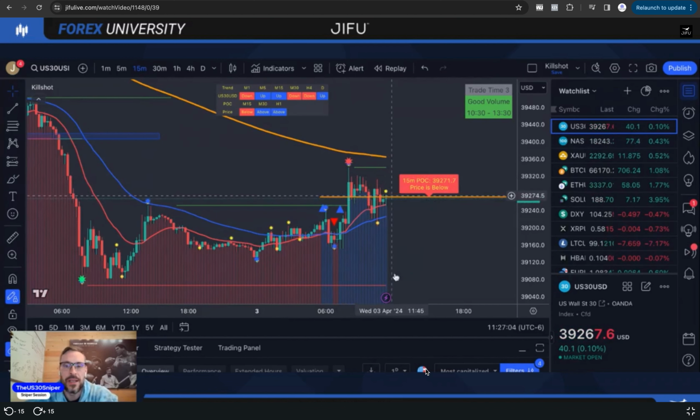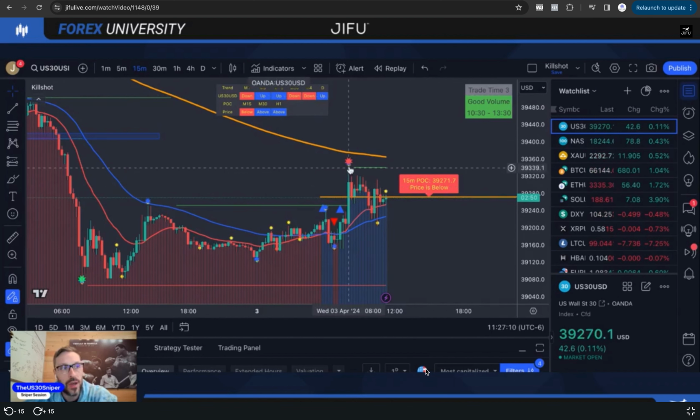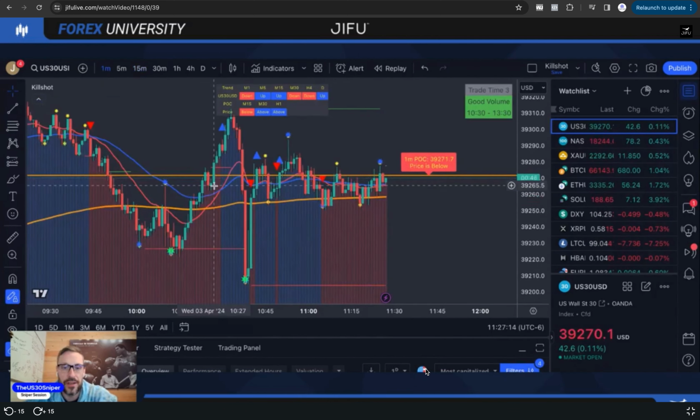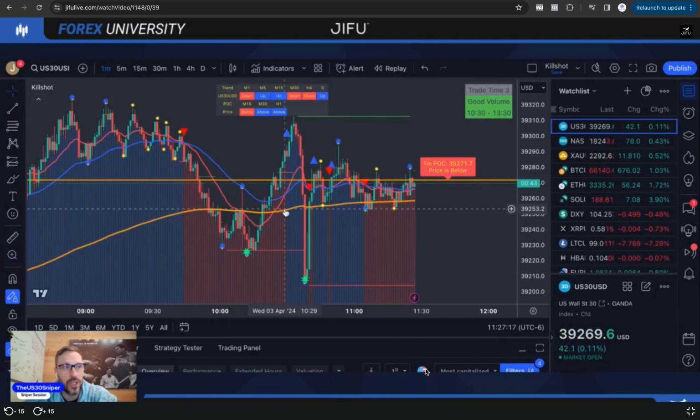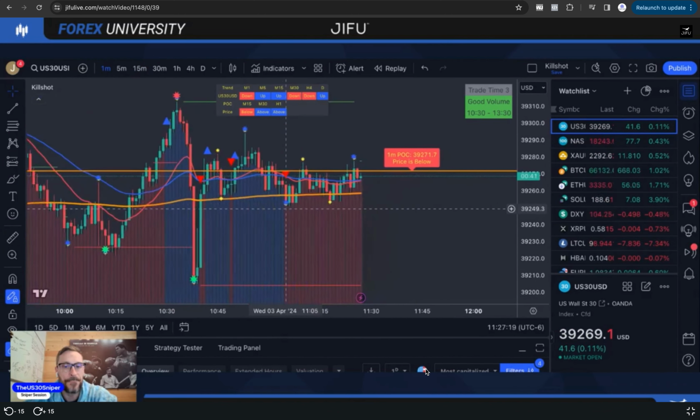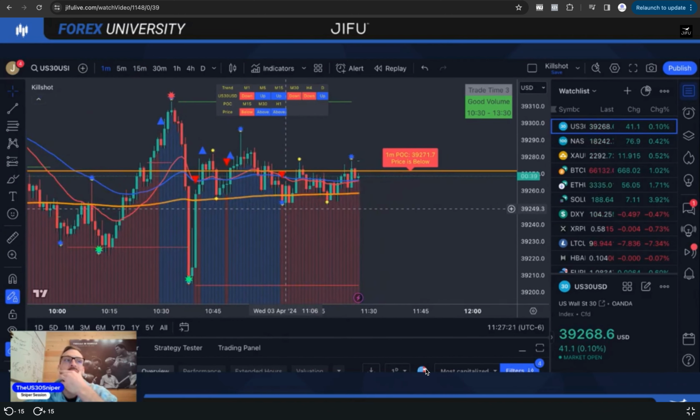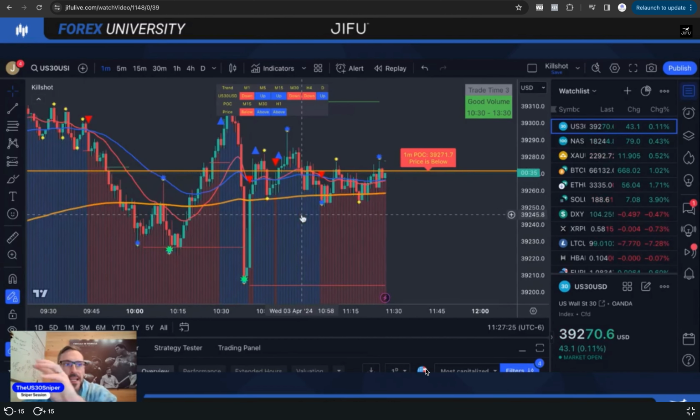So what do we need to look for? Right, we're just slightly below the POC, essentially right on it. We are in an uptrend, but we are below this 238 on the 50. Okay, so we shift over to the 1. This is something we have to look at here now. Okay, this is something we're going to talk a little bit more when we get later on into supply and demand. But this is what we call CET. Okay, consolidation, expansion, trend. Right now, what is this market doing?